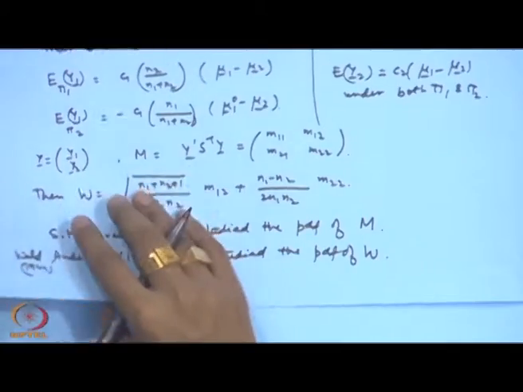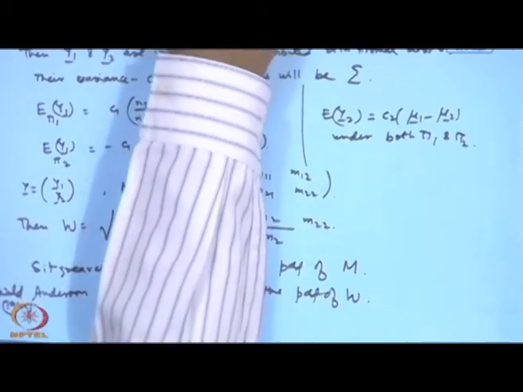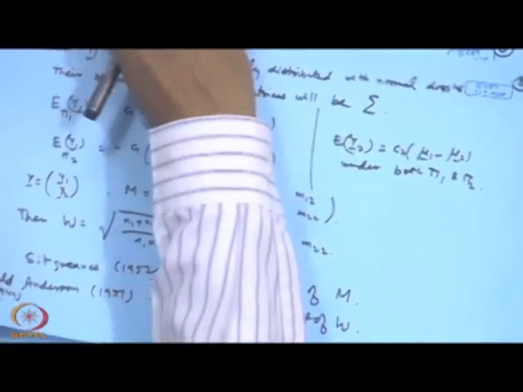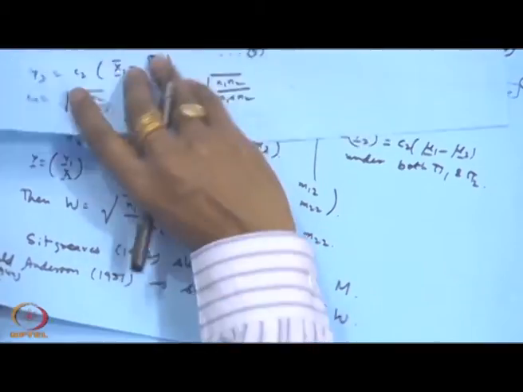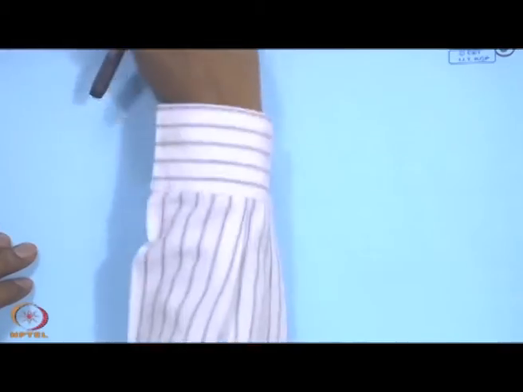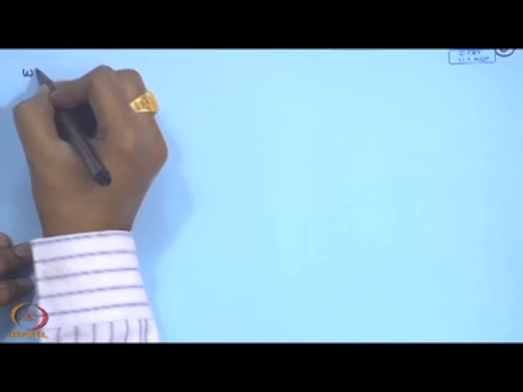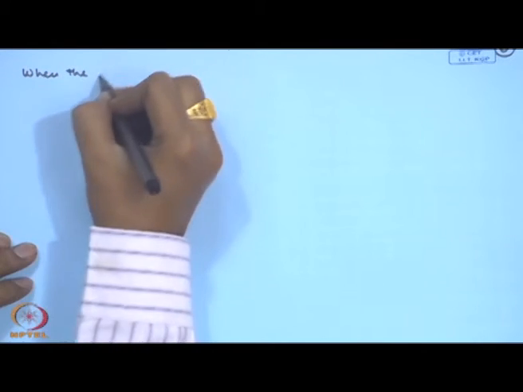If this term vanishes, and also you can look at here, this will become half, half, etc. So, things will become much simpler. Here also it will become symmetric. So, if you look at this one, then also symmetry will occur here. So, we discuss this case separately, when the sample sizes are same,